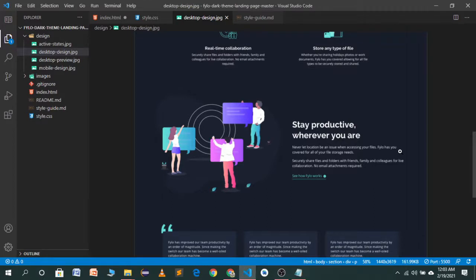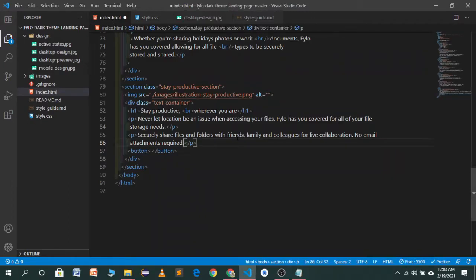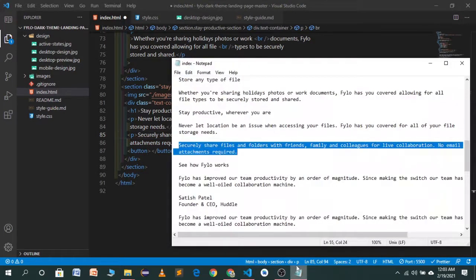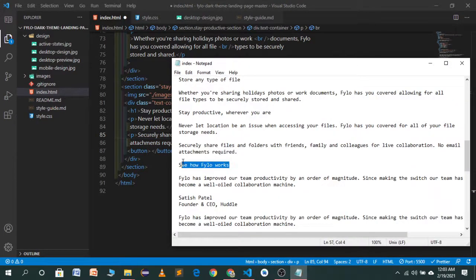So here you will see, after "you" we want a line break, and in the second paragraph after "live" we want a line break. So the text for our button is this: see how fellow works.